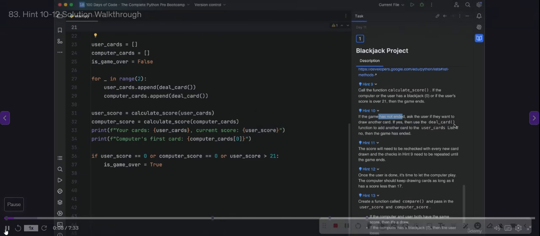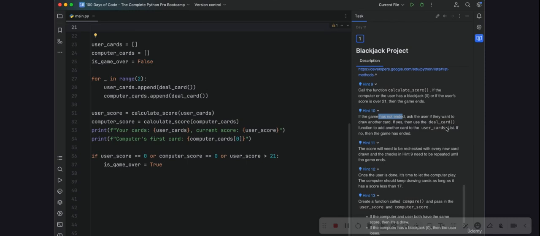Draw another card? If yes, then use the deal card function to add another card to the user's card list. If no, then the game has again ended. Over here, in the if statement, we can add an else, because if the game hasn't ended, as in they haven't gone over 21 or nobody's got a blackjack, then we're going to ask the user if they want to